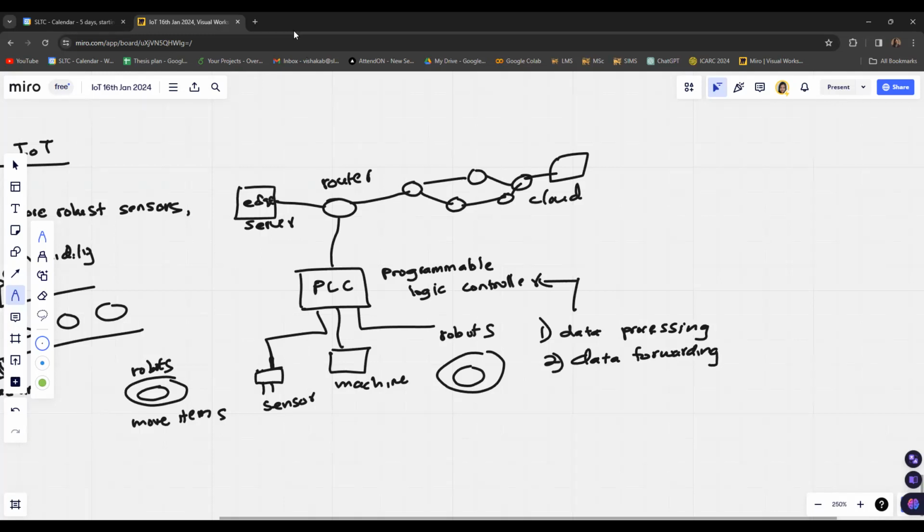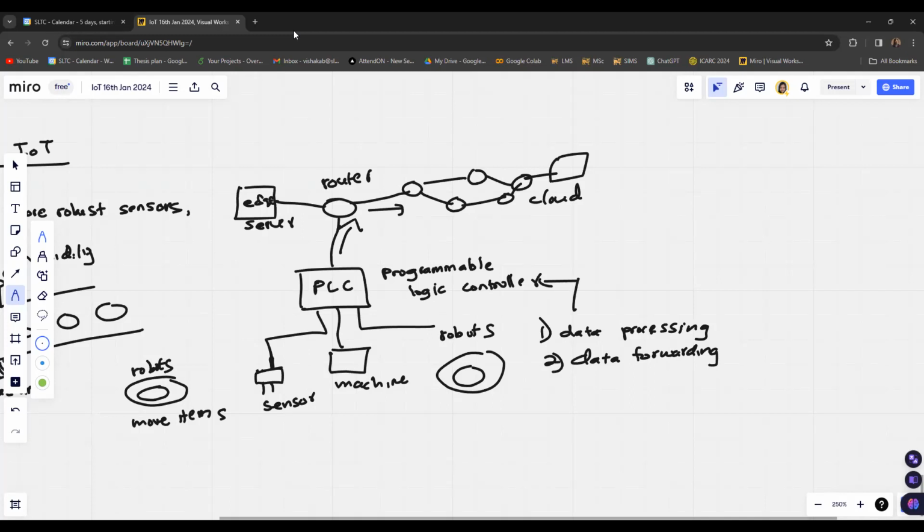So data can be collected through the sensors. Those data will be sent to the internet. So the PLC will send the data through the access point to the internet. Then any server which is holding the data can be accessed through the internet, and then the data of the industrial facility can be obtained.